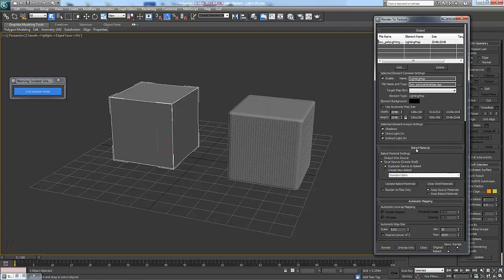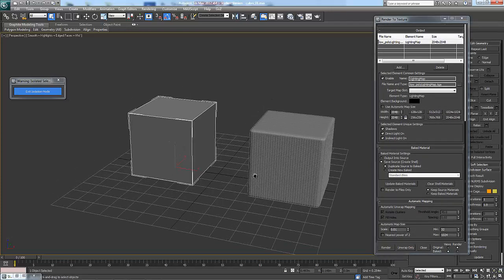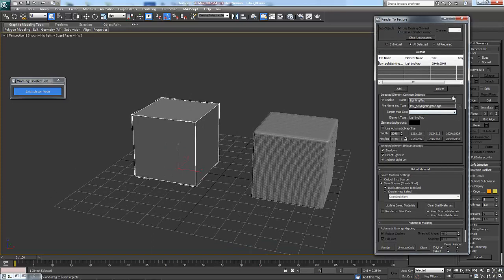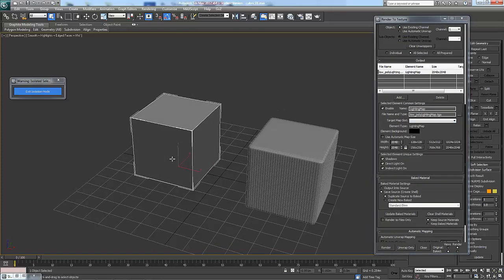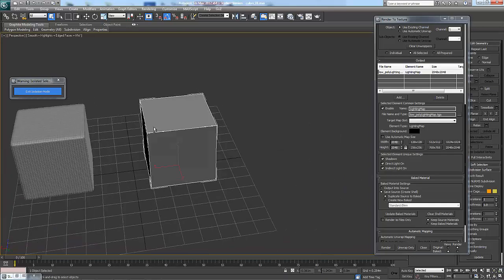And that's pretty much all you need to worry about. You just hit render and it'll generate an image for you. So let's make a lighting map first. What a lighting map is going to do is capture the lighting on an object in the form of a